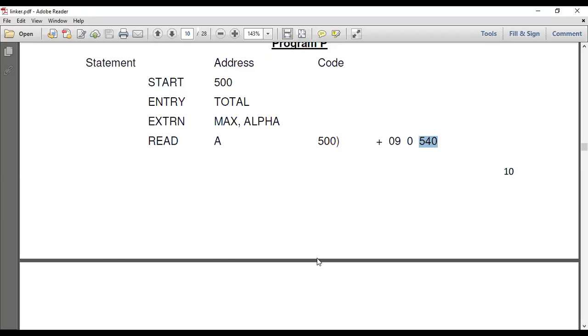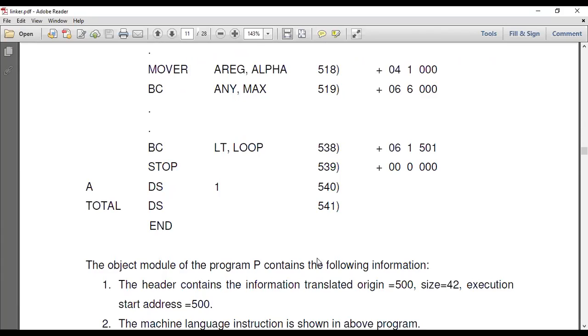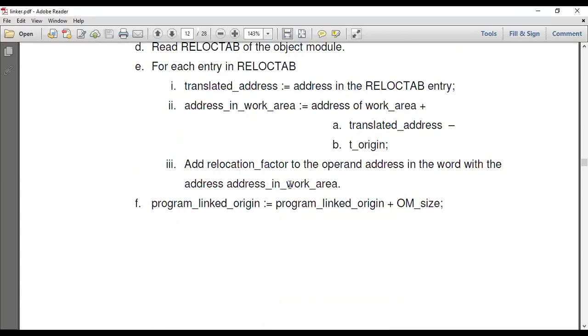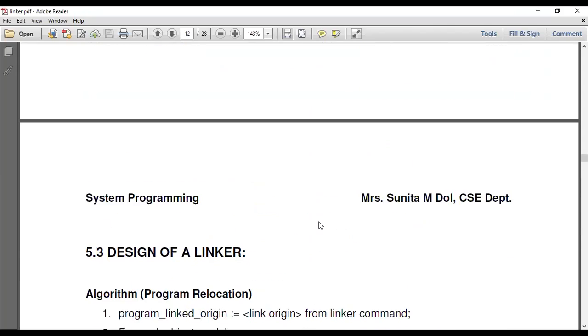It is 540. So in that case, what we are performing here is adding the relocation factor to that address. Whatever the address present in the address in work area field, is it 500 here?